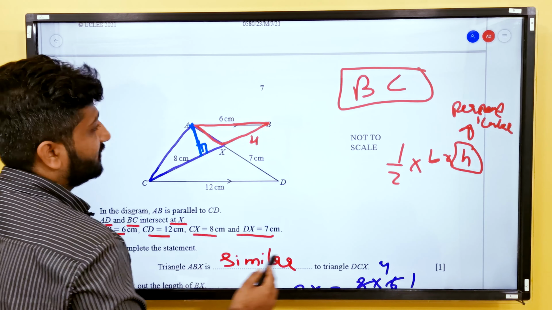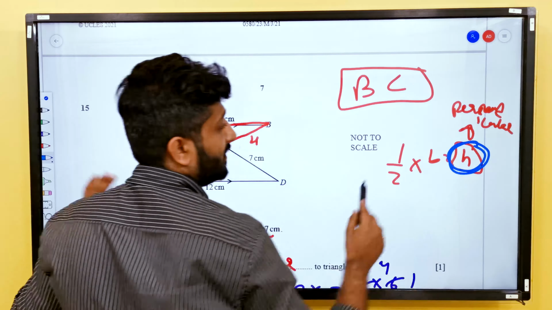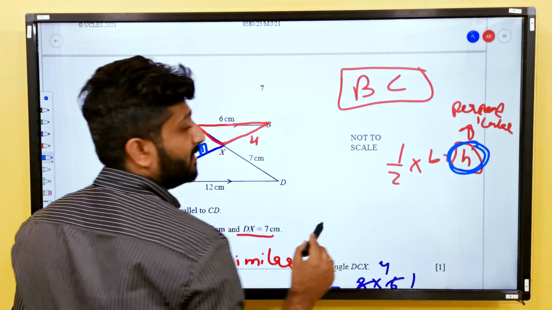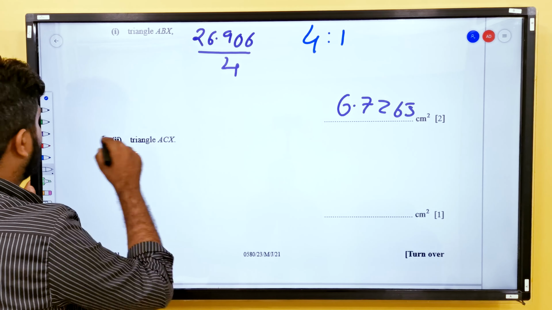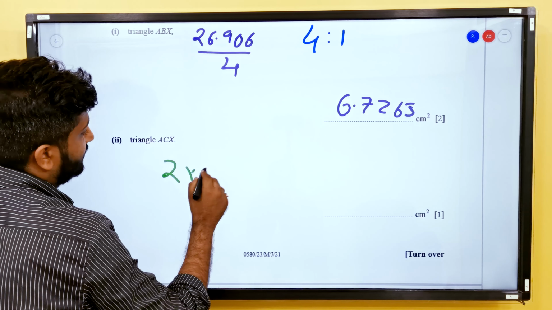Thus, the heights of both triangles are the same. But what is the difference? The difference is the base. This triangle has a base of 4 centimeter, whereas this triangle has a base of 8 centimeter. Thus, the area of triangle ACX is going to be twice the area of ABX. So 2 times